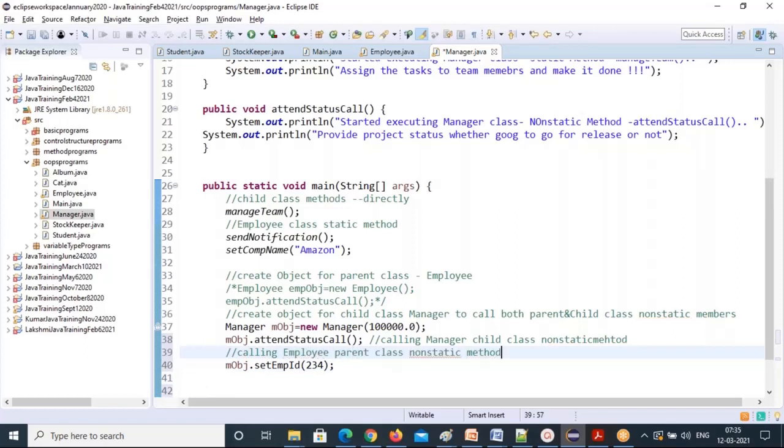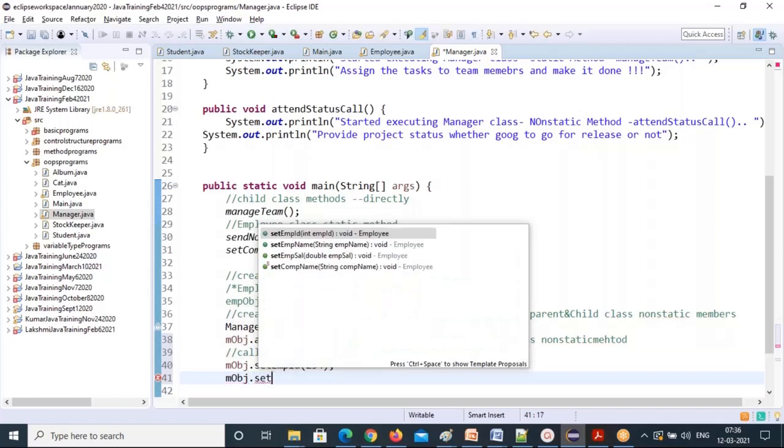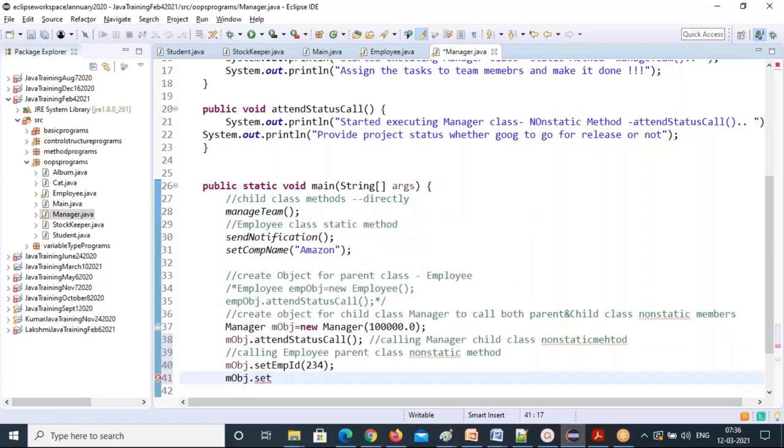Parent class. So I'm calling the Employee parent class non-static methods. With the same object I called a child class non-static method, and I am calling parent class non-static methods also. A single object is enough to call both parent and child class methods.